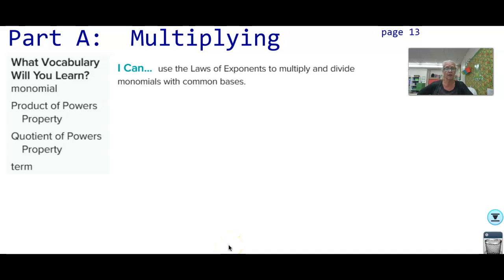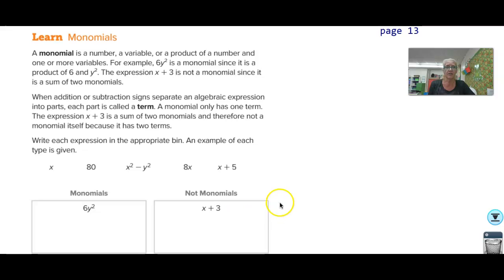Here we have the vocabulary you're going to be learning: monomial, product of powers property, quotient of powers property, and term. Your I can statement is: I can use the laws of exponents to multiply and divide monomials with common bases. On page 13 of your workbook, it tells you that a monomial is a number, variable, or